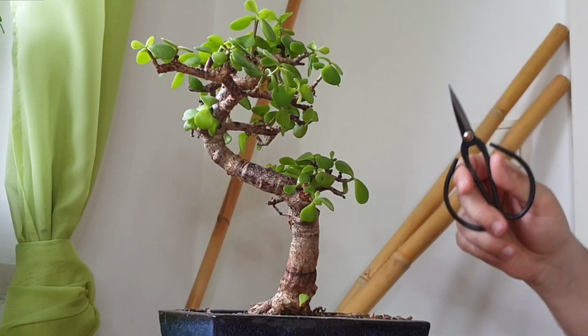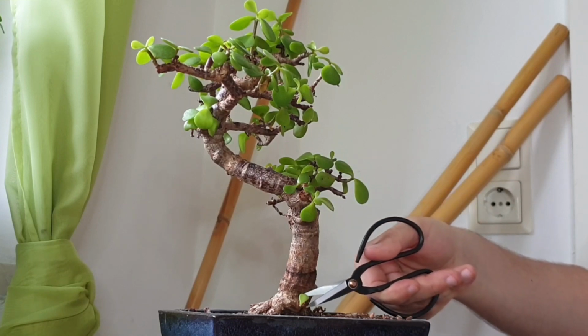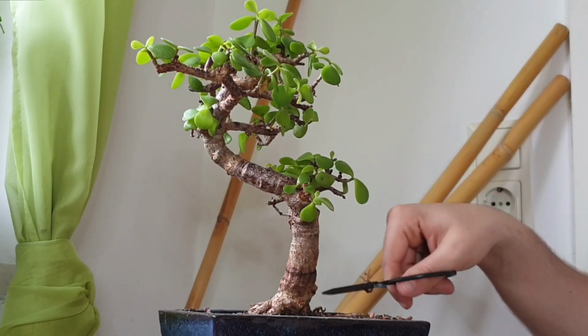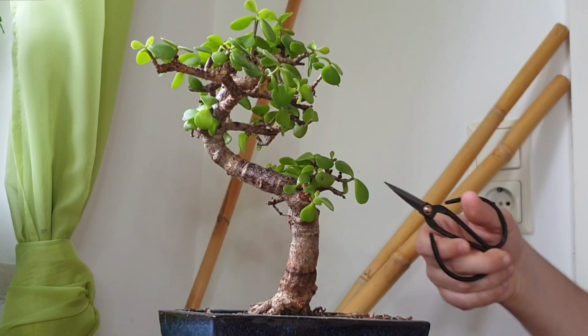I would say we get right into it, and I'll simply guide you also through my thought process on how I prune back this little tree. So I would start from the bottom of the tree. Actually, you can see here there's always some growth point where it shows new growth that I want to take out right away, because down here, of course, the growth doesn't really benefit the overall look of the